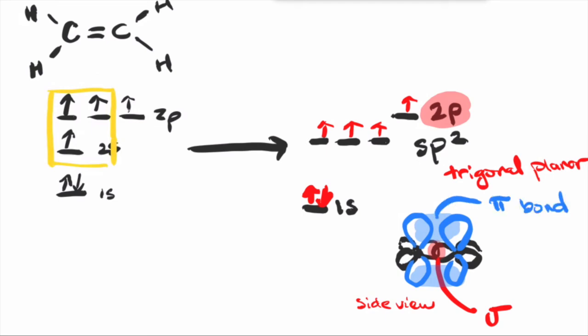So in this molecule, you have 2 bonds between the carbon-carbon atom. One is a sigma bond from the hybridized sp2 overlap, and the other is a pi bond from the leftover unhybridized 2p orbitals. To complete the picture, we can also draw in the carbon-hydrogen bond. There we go. We can also do this for a triple bond.